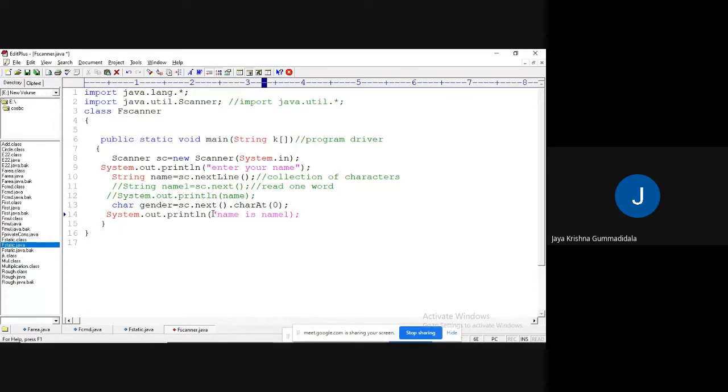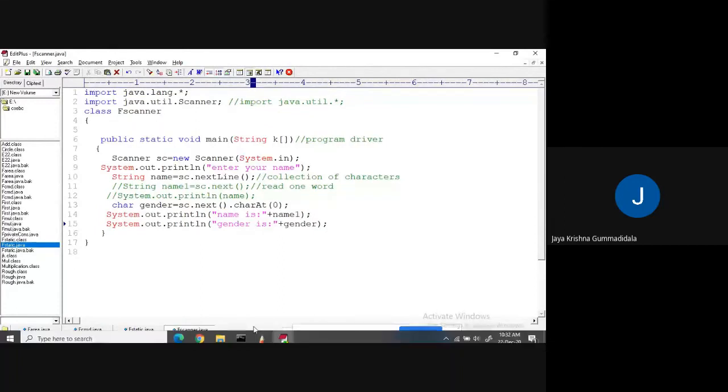Name is, and here I am writing gender. If I try to compile, let's see what will happen.